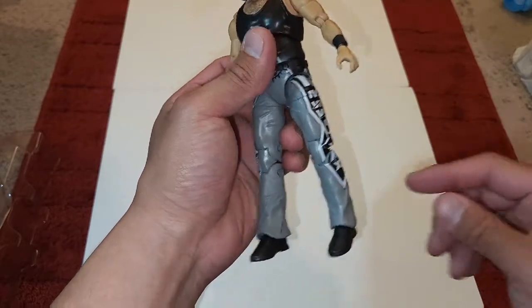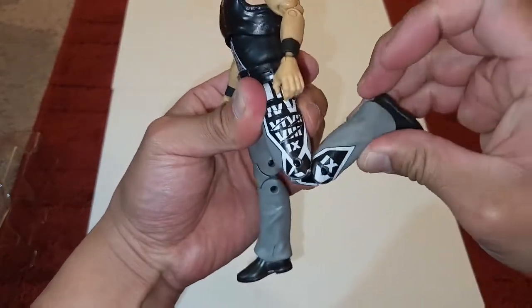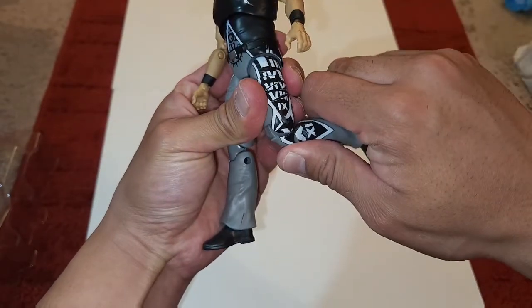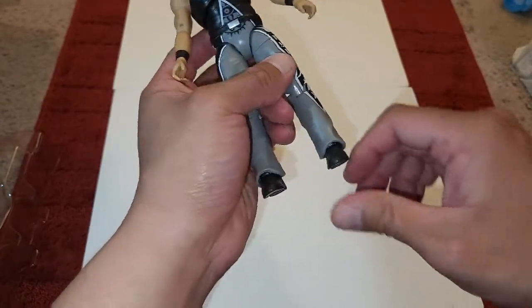I like that to be uniform. You get the double jointed knees, and that could go past 90. That's pretty good, actually. That's more flexible than he was in any of his later shows. And then